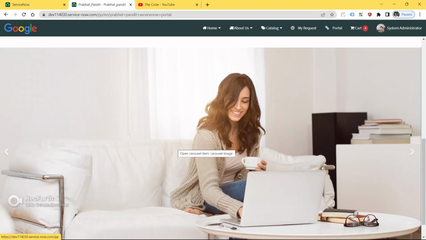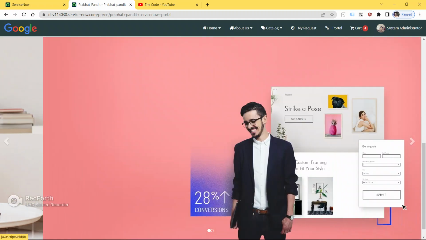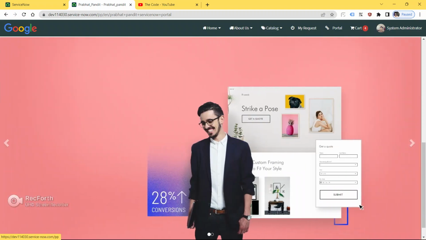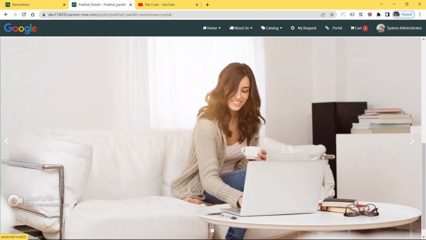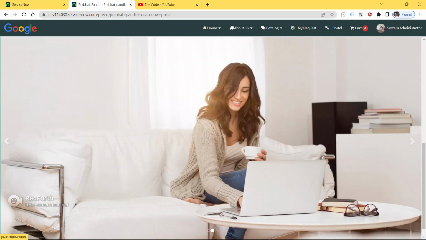But I have done modifications inside the CSS and inside the slider widget also, then only I am able to see a full width slider here. So in this video guys, we will learn how to make a full width slider inside the ServiceNow Service Portal page guys. So guys, let's get started and let's learn it.